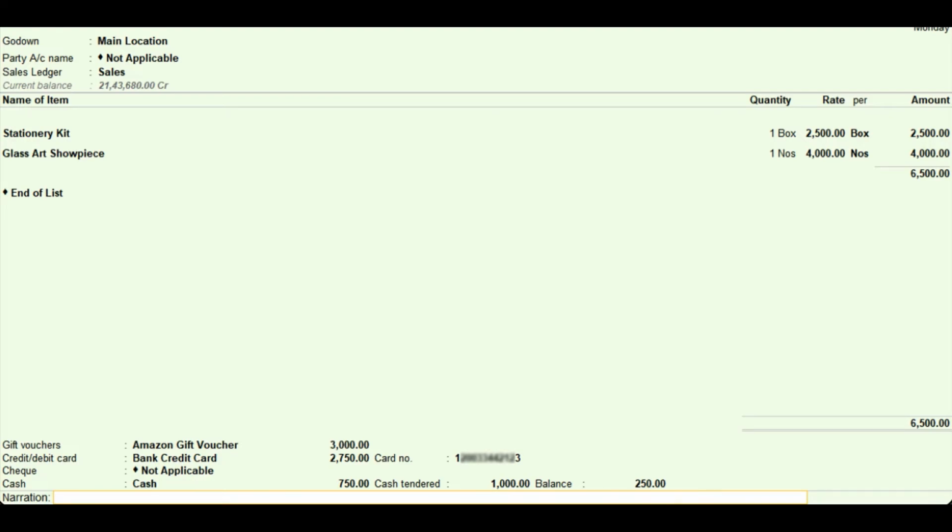Press F8 and select POS invoice. You can set the party account name to not applicable when the buyer details are not known. If you know the buyer details, you can select the same. Select the sales ledger. Select the stock